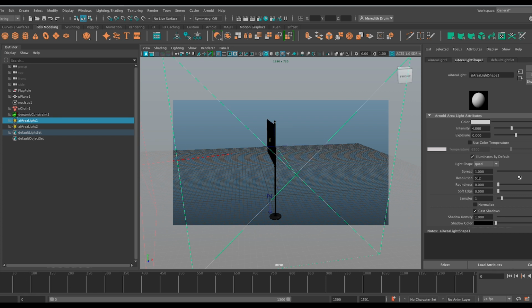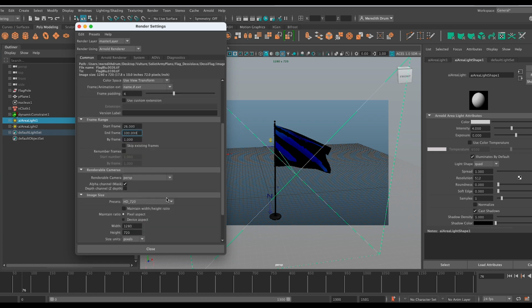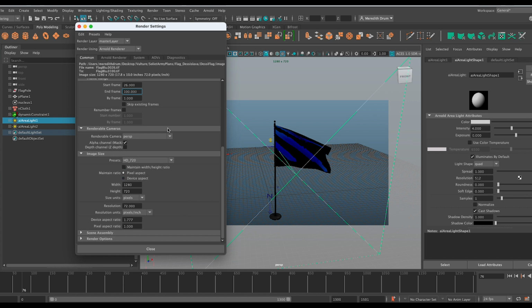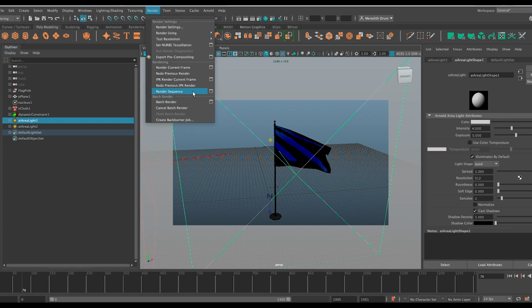And with an nCloth, you usually want it to run a little bit before you render it out. So here in my render settings, I have the name of it. I'm going to use a TIFF because for some reason I'm not able to get the PNG to work. It might have something to do with these settings. But anyway, remember name.number.extension. I'm going to do 26 through, you could do whatever you want there. I'm just going to do 720, not too big. And then you can change to rendering and do your render sequence.